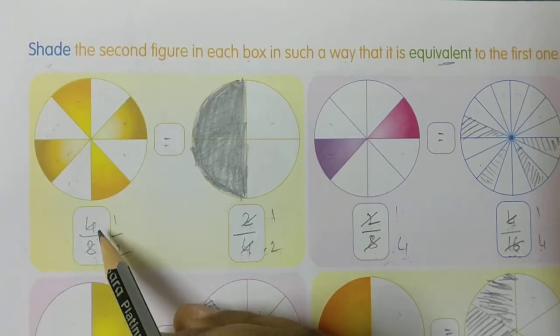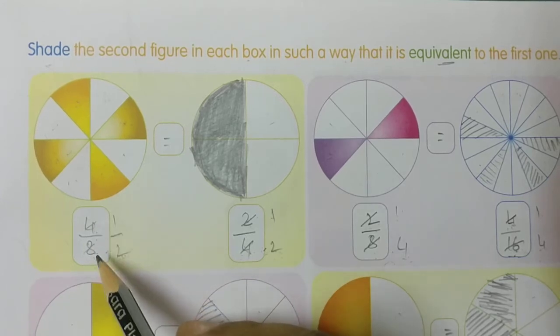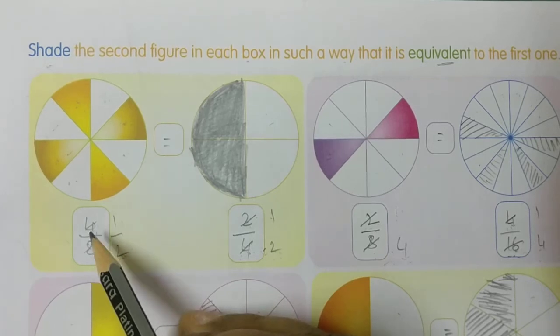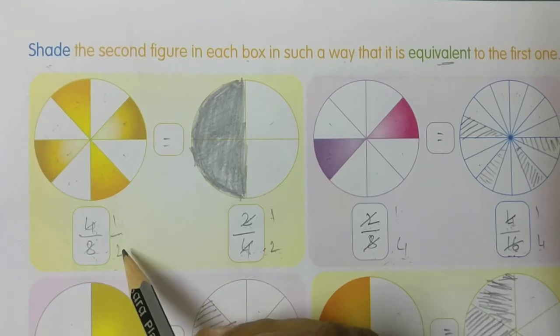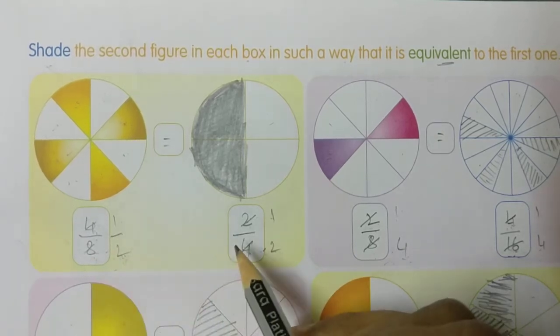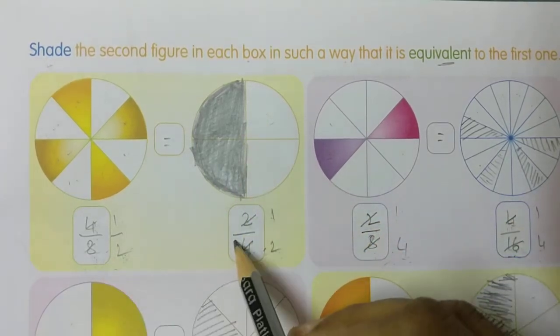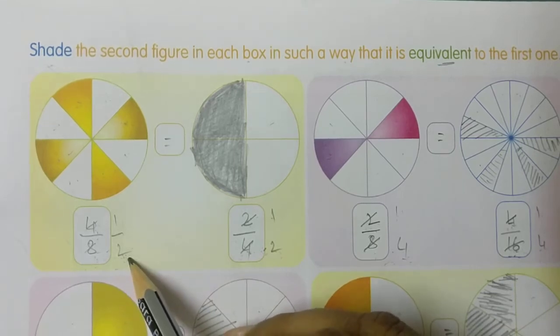Okay. Now by observing 4 by 8, these two numbers are cancelled in the 4 table. See, 4 table we can cancel, Nanna. 4 table 4 one time, 8 2 times. So answer is 1 by 2. Okay. Now come to the second one. Now by observing the first figure we had to find out the second figure, Nanna. Okay. Here we got the answer 2.